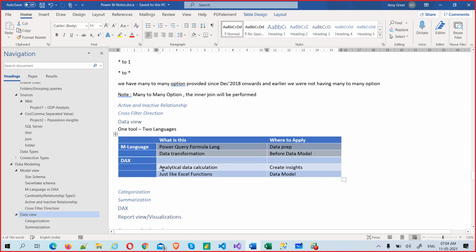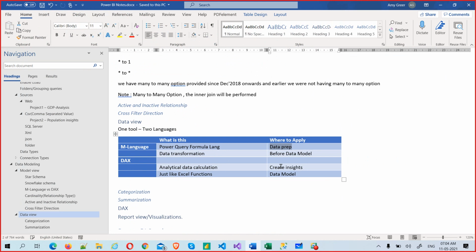But with DAX, the confusion is that this will create a column, and this will also create a column. That will create a table, and this will also create a table. Column can be created here, table can be created here, table can be created here, column can be created here. That is the confusion, but there is a context for where to apply what. If that column is created for the data preparation part, that's perfectly fine. But sometimes there is a tie, so one column can be created here and one there, and that's up to you. It depends on your data size and the data type of the column that you are creating.